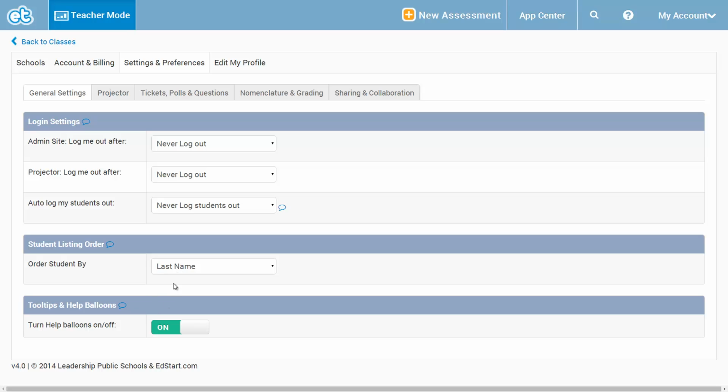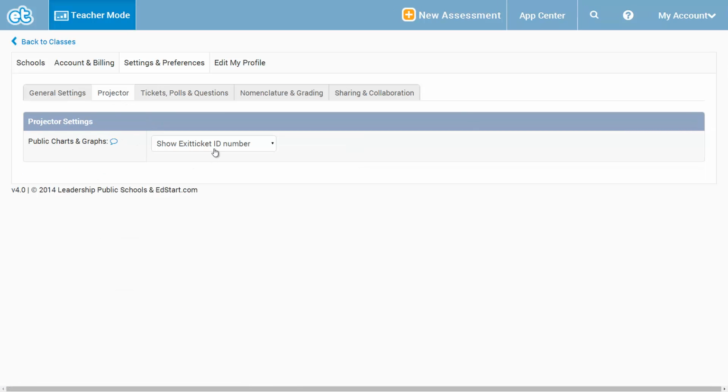You can also customize whether or not you like these pop-ups to come up about different information. None of them are conveniently coming up at this moment, but you can choose whether or not you like the pop-ups for information. In the projector mode, you can determine whether or not you would like the projector mode to reveal